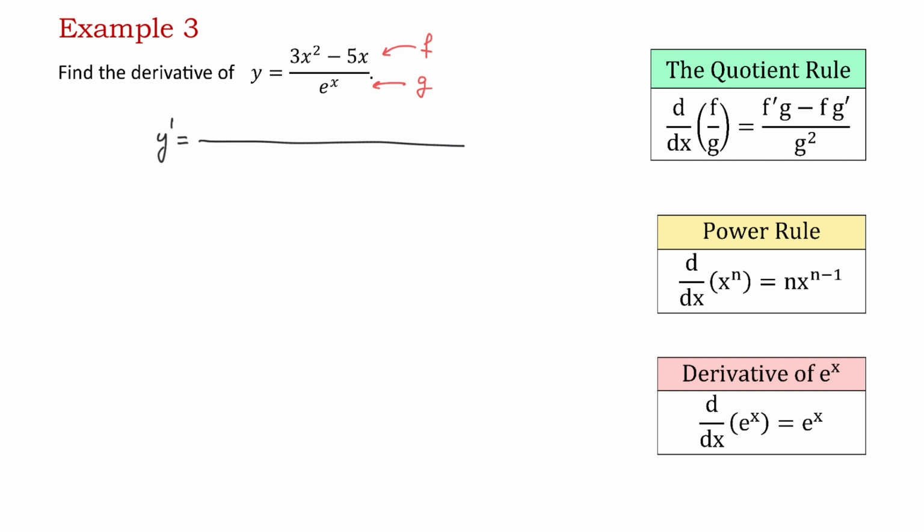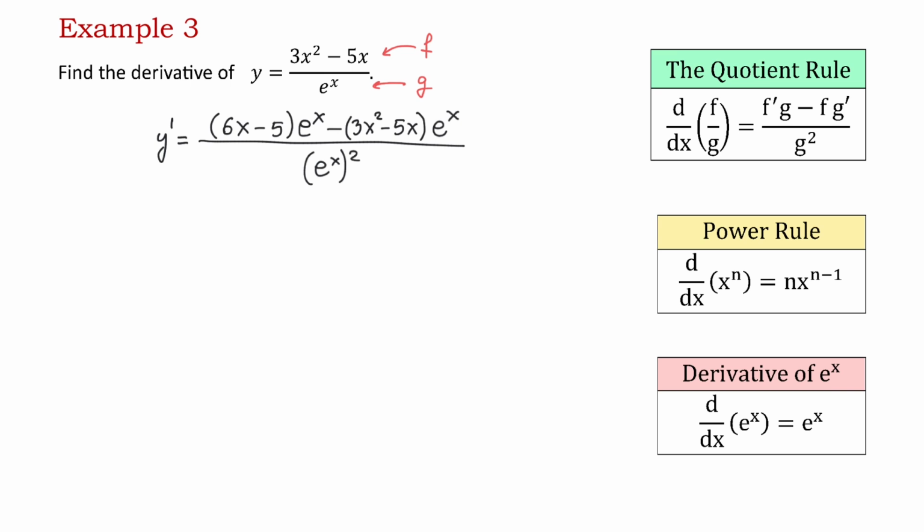According to the power rule, the derivative of 3x squared minus 5x will be 6x minus 5, multiplied by the g function, which is e to the x minus, and now bring down the numerator as it is, 3x squared minus 5x, multiplied by the derivative of the denominator. And the derivative of e to the x is still e to the x. So we will multiply by e to the x,